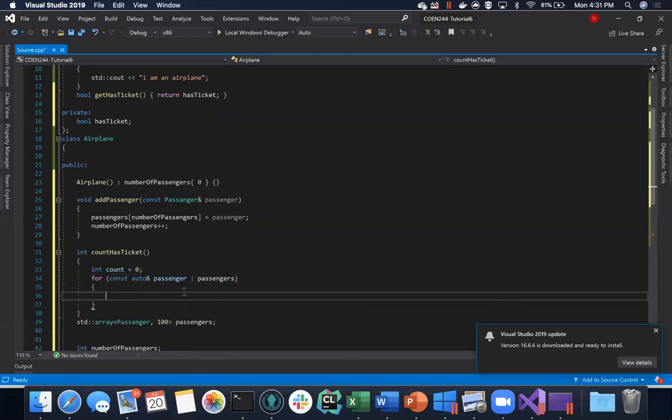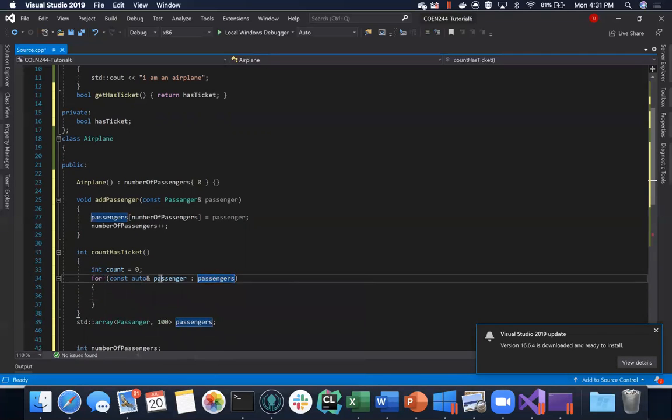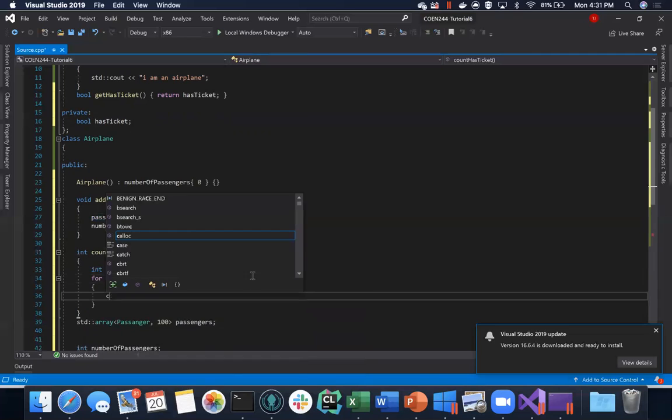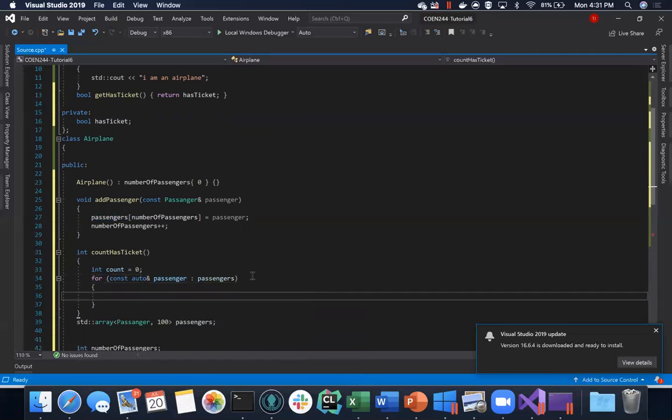So this for loop is going through every passenger inside the passengers array and returning a constant reference to that passenger. I'm gonna write both for loops now, but let's keep things simple. So passenger now,